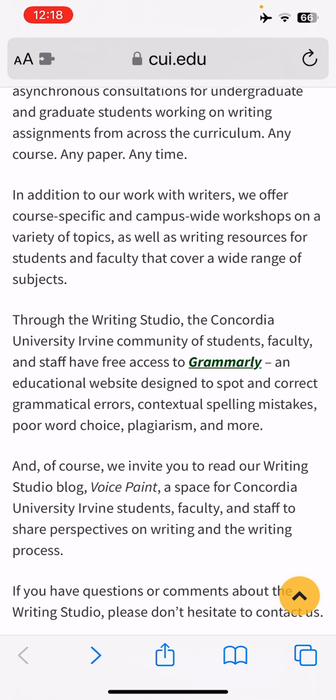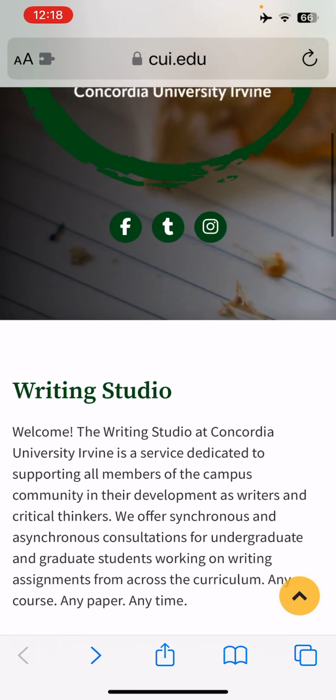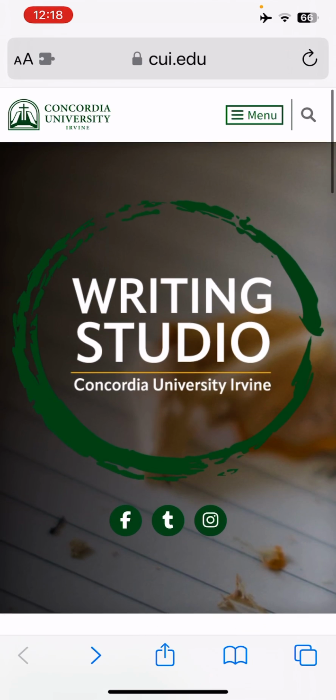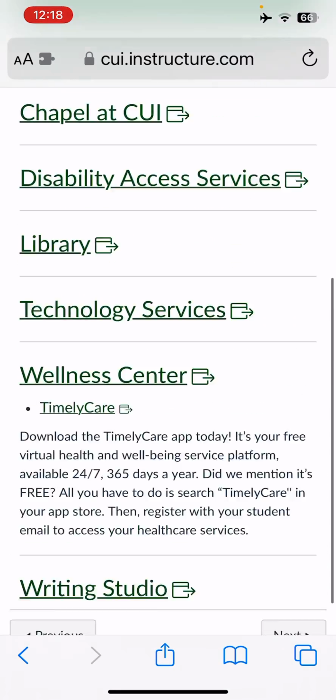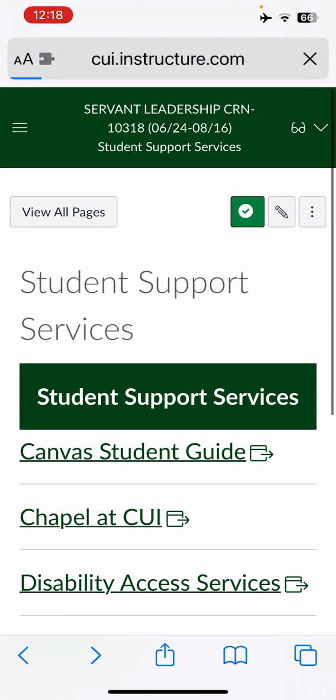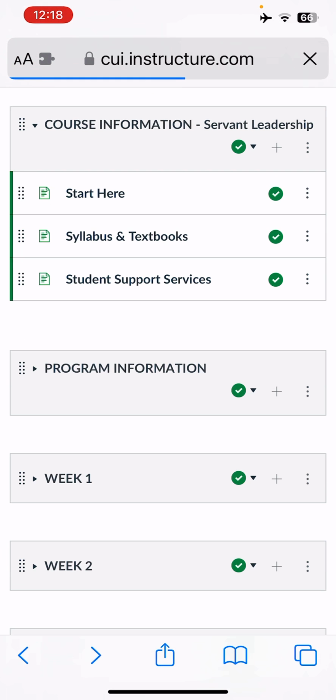And I'll tell you right up front, sometimes it gets it wrong. So pay attention to what the things in red are. That's the big deal. And change those in your Microsoft Word documents as you're going through it. That's just my recommendation. It can get a little tricky, and I understand that. So that's under support services. So you have all that under your student support services.